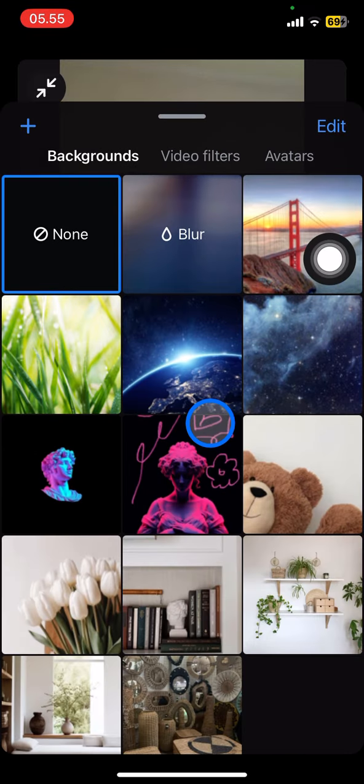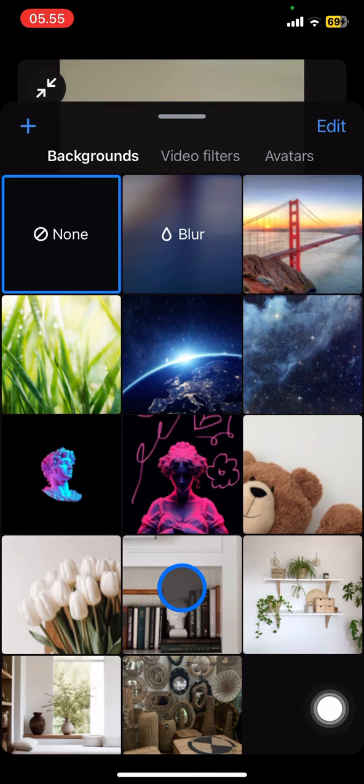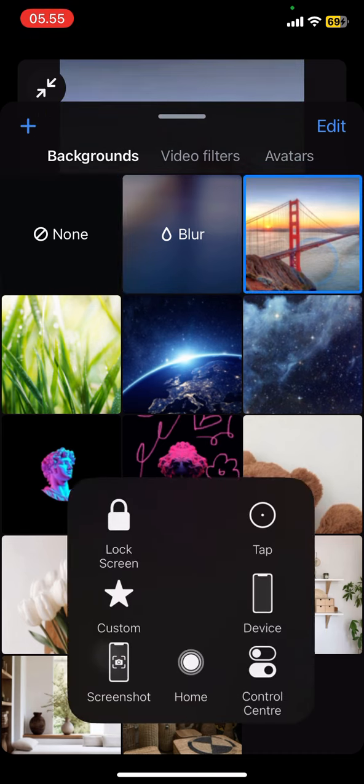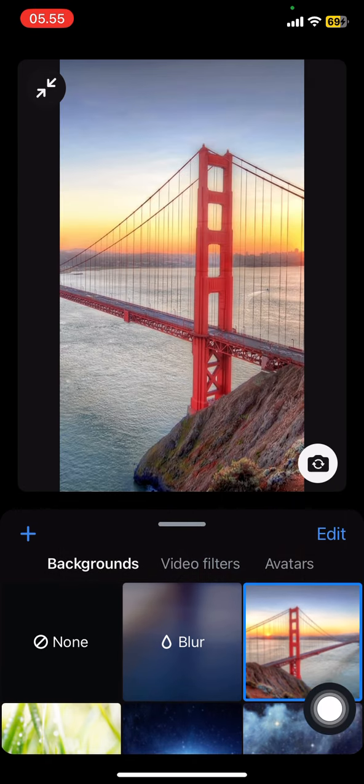So there will be an option to use the background. You can use the background provided by the Zoom application itself, or you can also choose from your library by clicking this plus button. Then just tap it, and the background will be changed automatically. So this is the simulation of the background that you will have later on your camera or